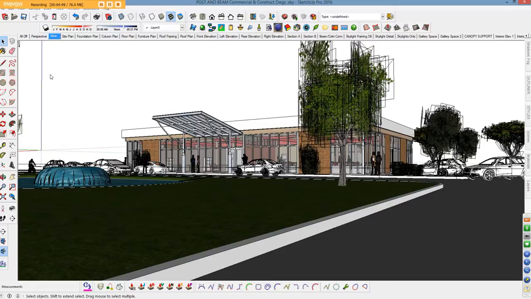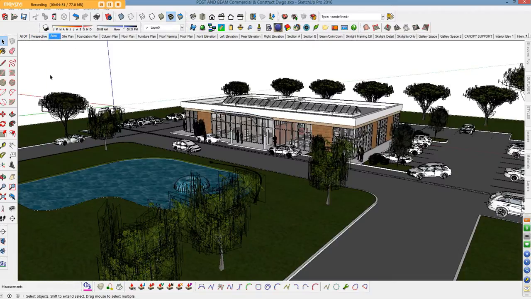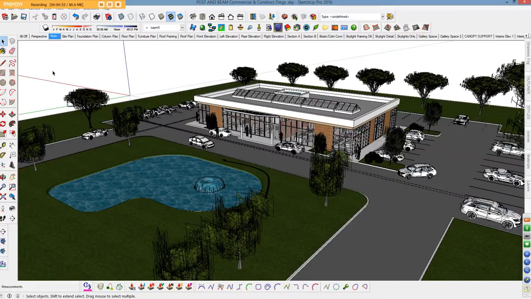I have an axon tab, which gives me a different view. Now what scenes are saving is the viewpoint. They're saving what layers are off and on, how the sun is acting, what style you're working with, and whether shadows or fog are on. So it's a quick way to move through your model, you don't have to remember what each scene you want to be. So, site plan,